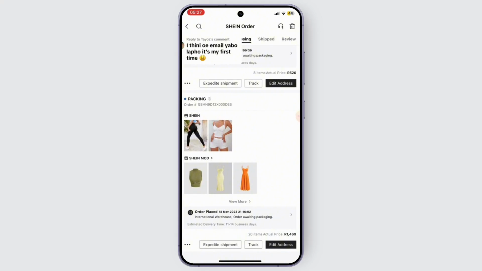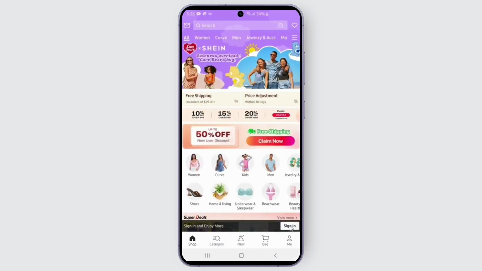You may just go to edit address and change your shipping address, and confirm it, and you should be able to do it very easily. So just go on with the process of doing so, and you should be able to